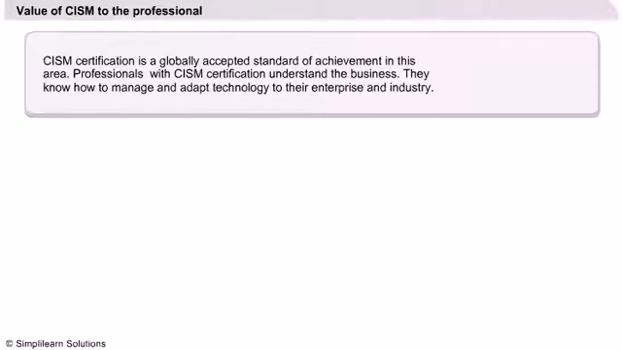CISM certification is a globally accepted standard of achievement in this area. Professionals with CISM certification can understand the business. Thus, they know how to manage and adopt technology to their enterprise and industry. By having a CISM certification, professionals can demonstrate understanding of the relationship between an information security program and the organization's